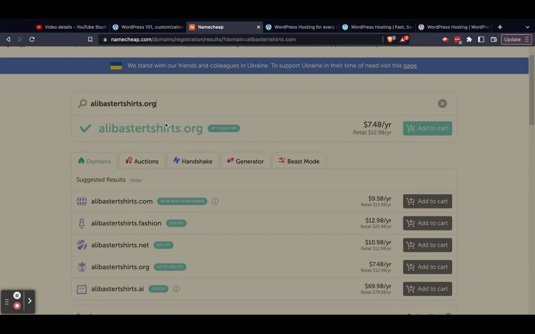These domain names, you rent these. You don't actually purchase them long term. So just be aware of that. Once you add it to the cart, you can pay for however many months or years. Normally you'd buy it for like 1 to 3 years or something like that, or however many years you think is appropriate. So yeah, go and get a domain name, and then once you're set up with that,